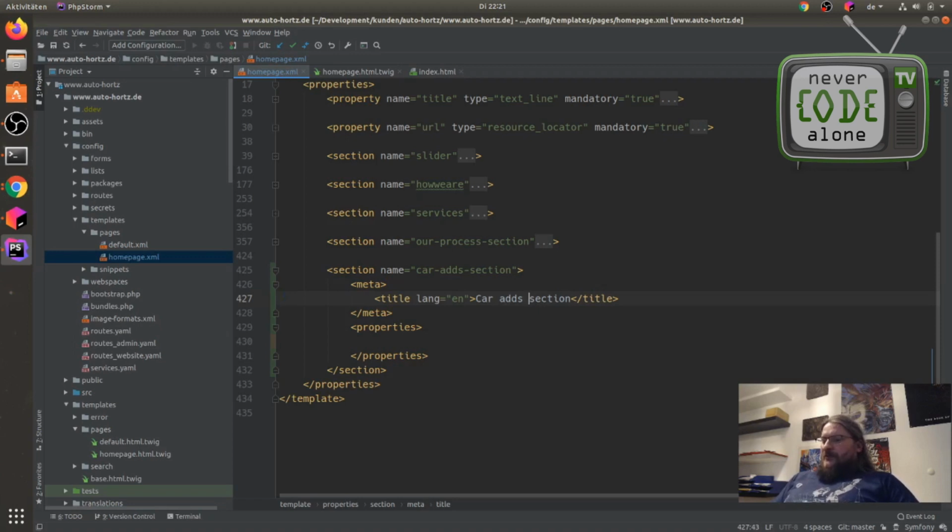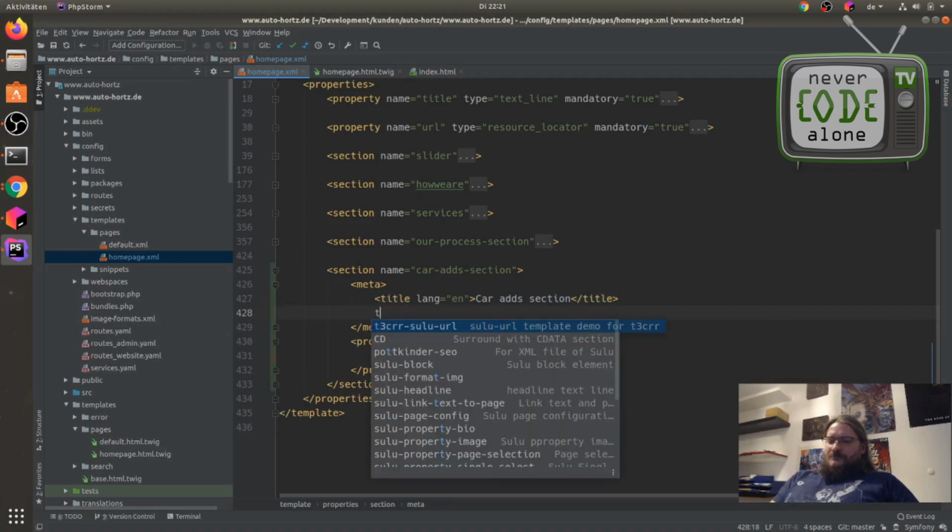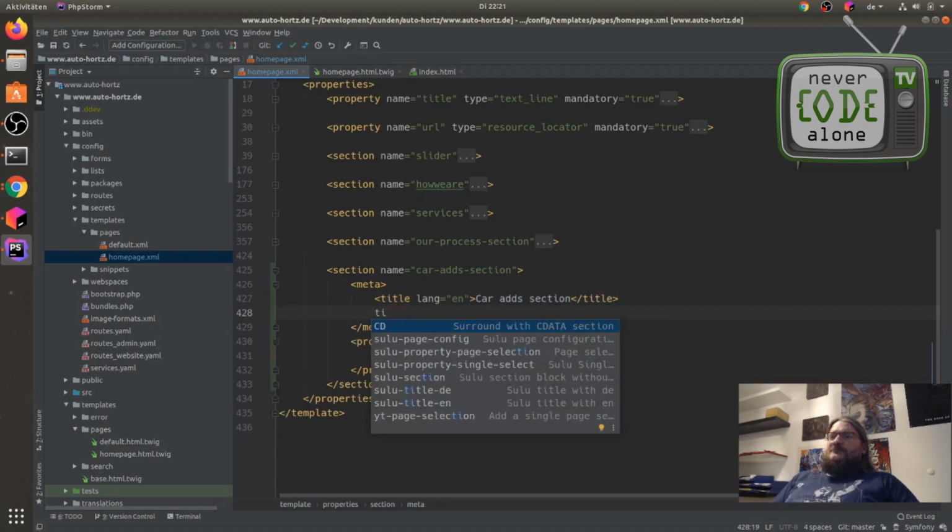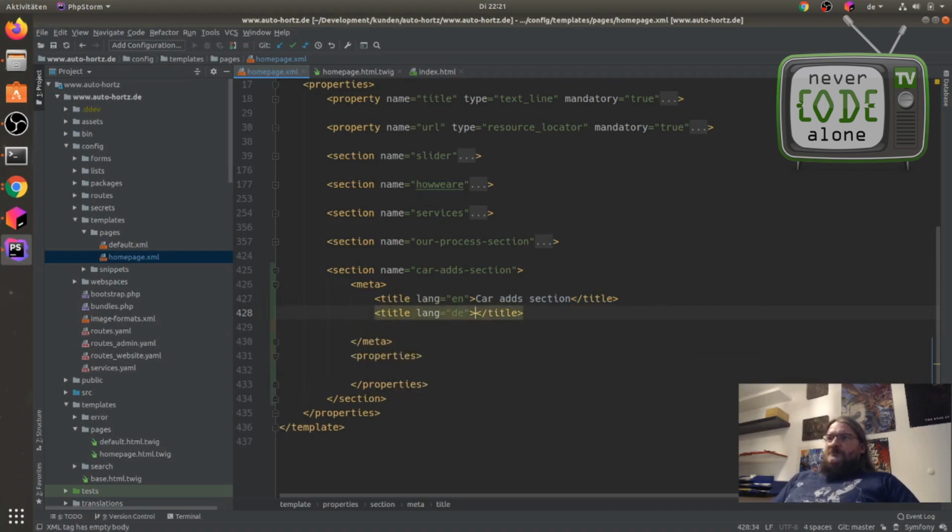After that we directly add the title in German, here for our German editors.